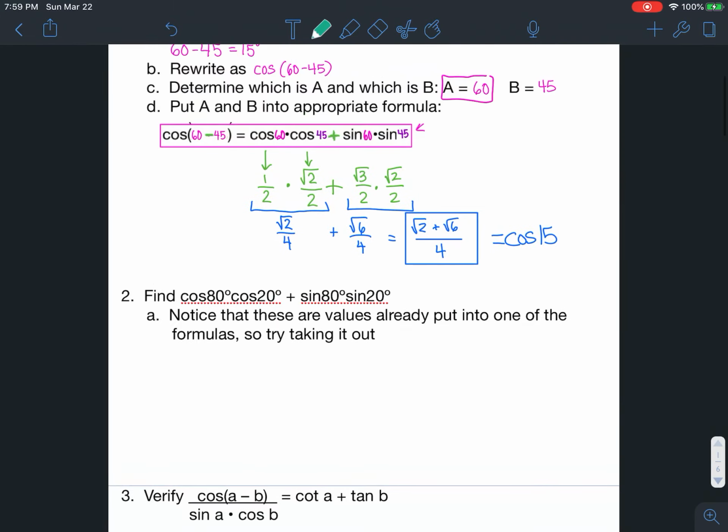But what's A? Look at what A is. It's 80. And what's B? That's right, it's 20. So we're just going to use this formula, but we're going to use it backwards. So cosine of A minus B equals cosine A times cosine B plus sine A times sine B. Now you might not think there's anything we can do with this, but just wait. So if we compare this to what they gave us,